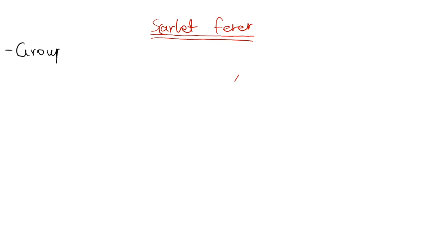Next condition that I want to talk about is called scarlet fever. And scarlet fever is also known as a group A streptococcal infection. If you've studied group A streptococcal infections, you remember that rheumatic fever is also caused by group A beta hemolytic streptococcal bacteria. Essentially, scarlet fever has the same causative agent here. It's caused by, I'll reiterate, group A beta hemolytic